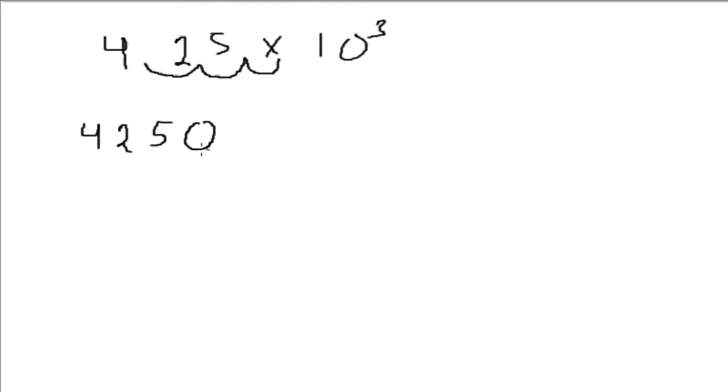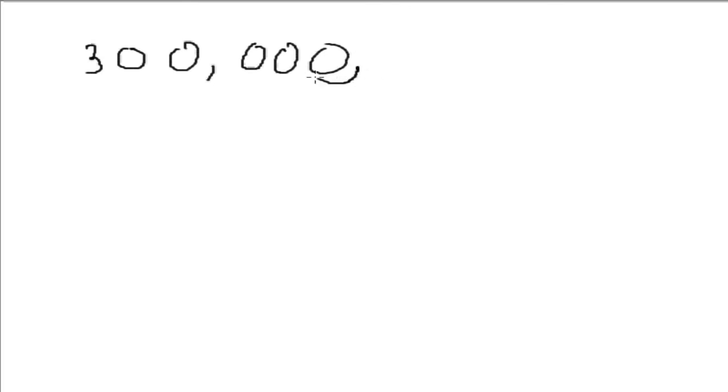But how do I go backwards? Let's say I have a number, the speed of light, approximately 300,000 kilometers per second. I want to convert this to scientific notation. I start off where my decimal is, it's right here at the end, and I start going backwards. I count 1, 2, 3, 4, 5,